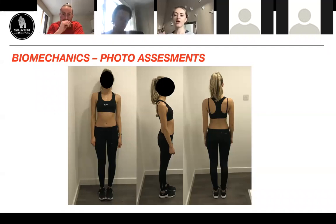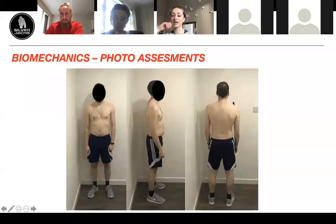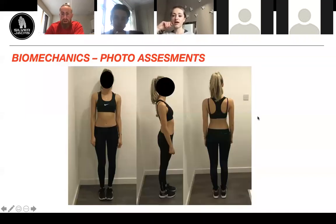What about her right scapula? It doesn't look here like it's winged to where I would expect it to be, but is that, I mean, I don't know, is that just how she is? Because obviously we're not identical between both sides, are we? No,